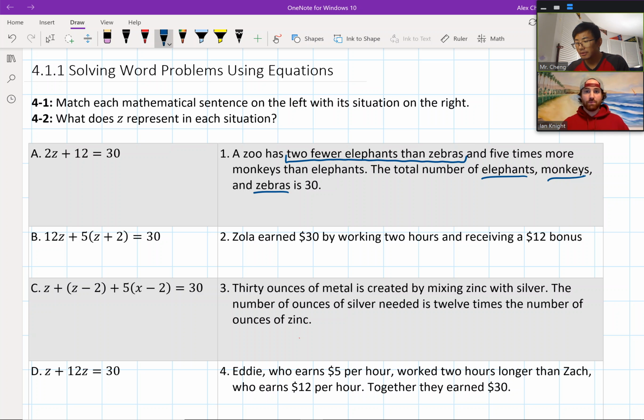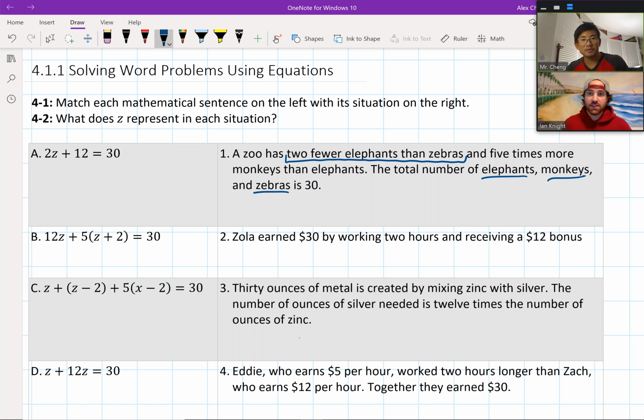So that 2 fewer lets me know that if I add 2 to this amount, my starting amount, in this case, it's going to be what my situation is representing, my Z here. Z is going to represent my elephants. If I add 2 more to that, I know I have my zebras. And if I,